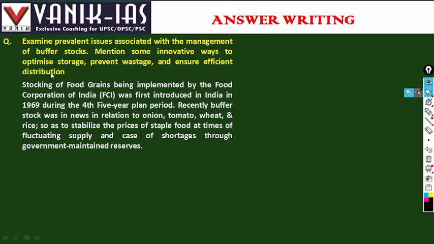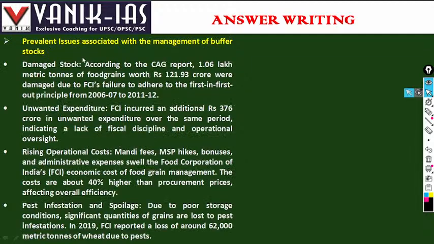So, stocking of food grain being implemented by the Food Corporation of India was first introduced in India in 1969 during the fourth five-year plan period. Recently, buffer stock was in the news in relation to onion, tomato, wheat, and rice. The aim is to stabilize the price of staple food at times of fluctuating supply and in case of shortage through government-maintained reserves. Prevalent issues with the management of the buffer stock: